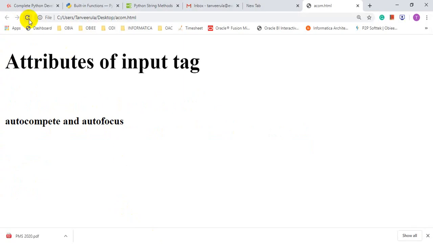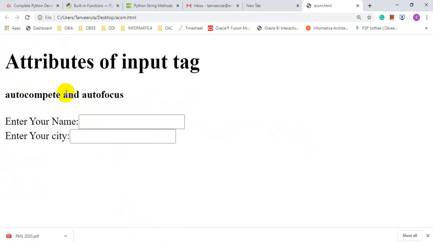When you refresh the page you can click on this reload arrow button, or you can press F5 on your keyboard, so you will get this output. These two lines are coming from headings and these two are coming from the text boxes T1 and T2.